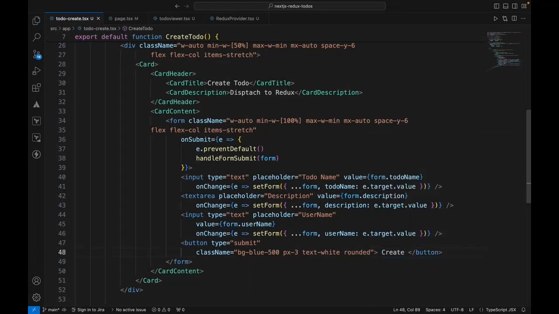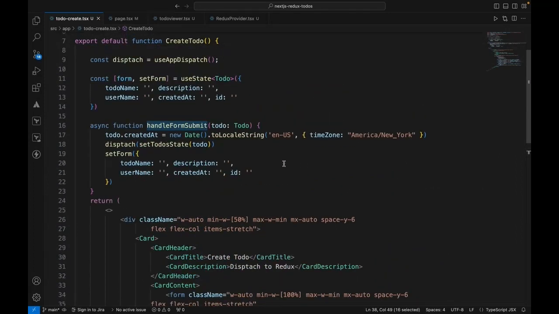Okay, so what I'm doing, I have a form, and when I click submit, create, it will go to on submit and it will hit handle form submit. Within the form submit, I'm setting the create timestamp, and I'm dispatching this to-do record calling set to-do state method. When we go inside,